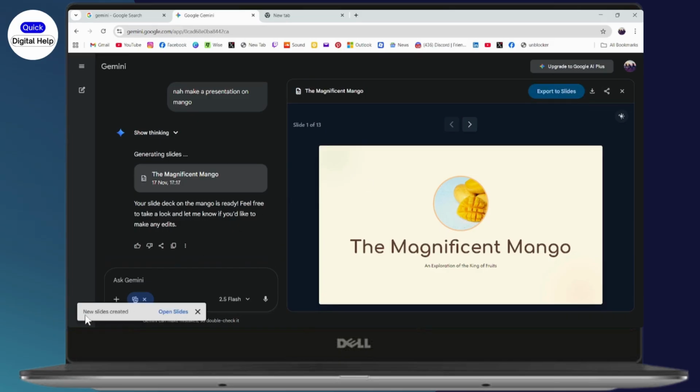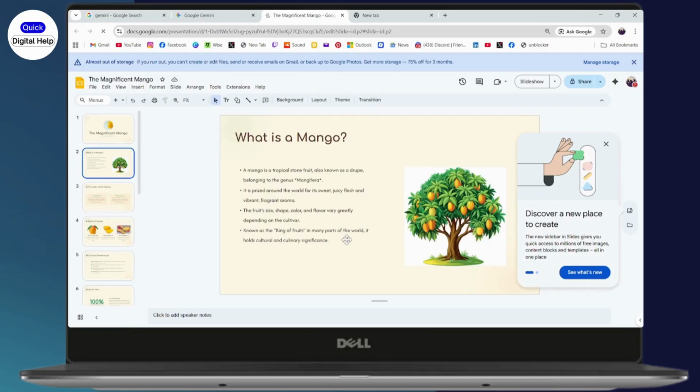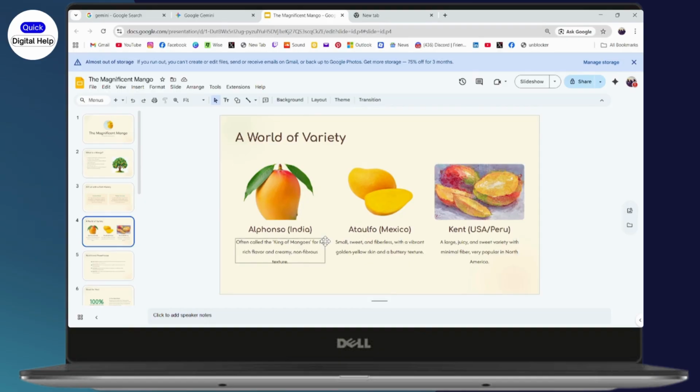Now once you've done with the slides, you need to go with open slides, which is here on the bottom, and it will take you to Google Slides. Now you can go and adjust wherever you don't like, or you can also insert some things if you want to. And in this way, you can make a